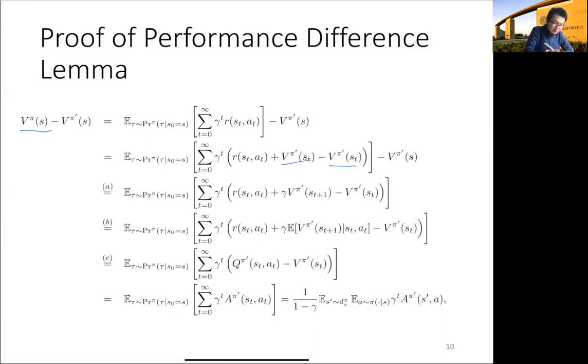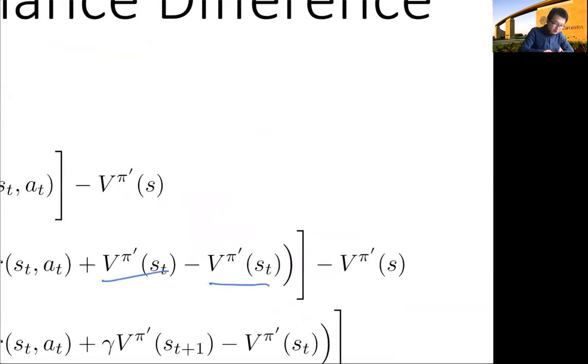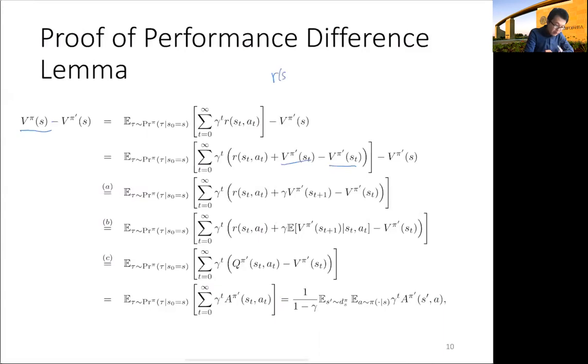Notice that in this summation we have R(S0, A0) plus V^π(S0) minus V^π(S0), and this is the first step, and γ times R(S1, A1) plus V^π'(S1) minus V^π'(S1). So notice that this one is trailing behind, so we are subtracting V^π(S0), and this got canceled